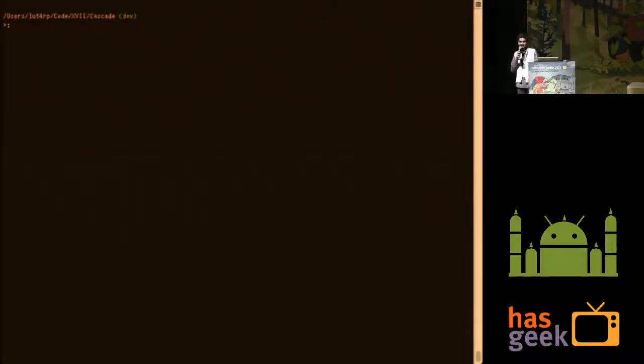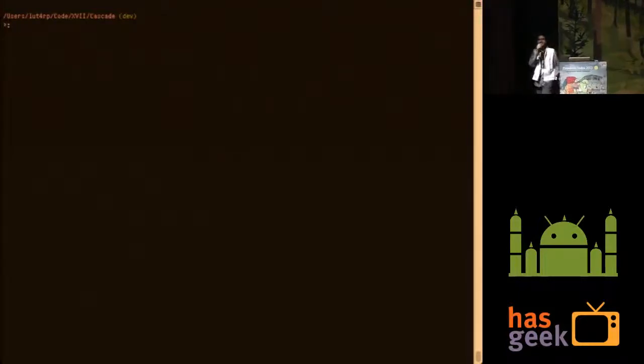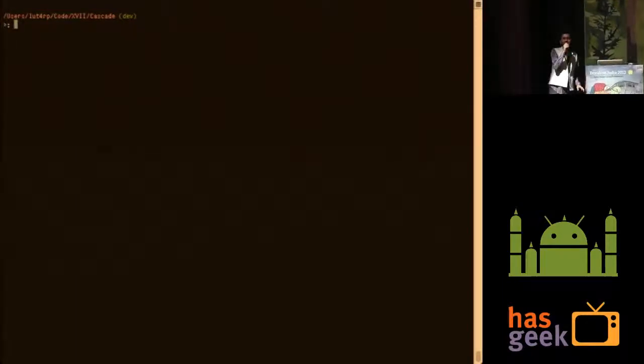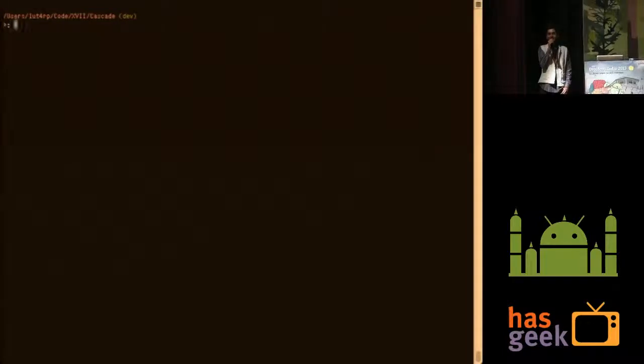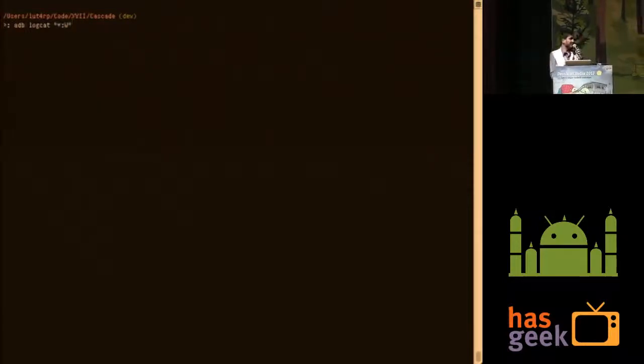Hello. Hey. So I guess some of you at least here are Android developers. And how many of you guys use Logcat? Good. So my phone's connected to my computer right now, and I'm going to just open Logcat, and I'm going to filter for just warning messages.